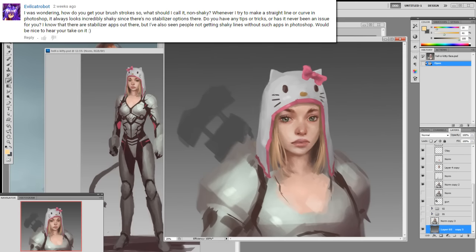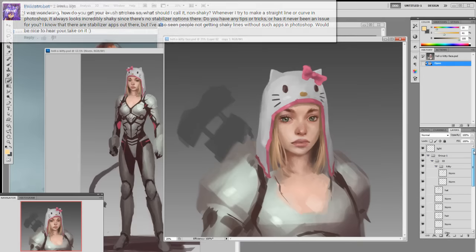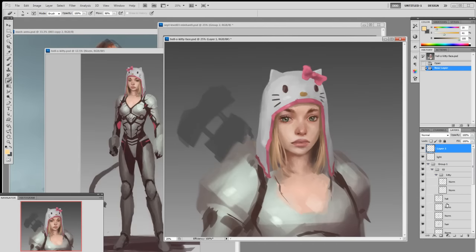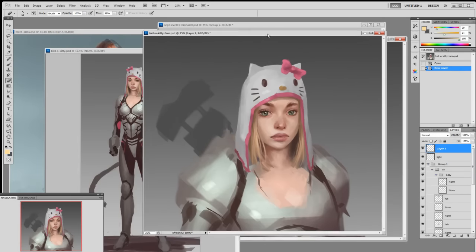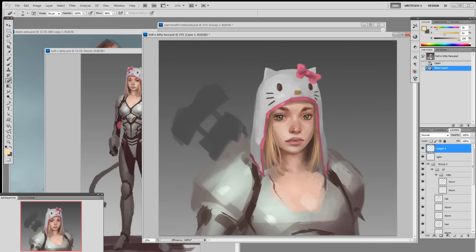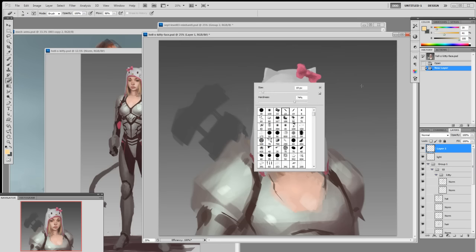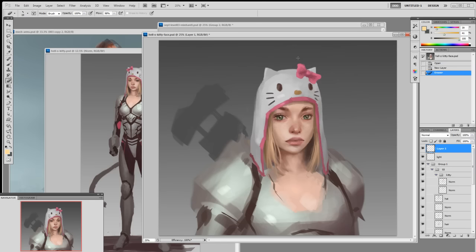Okay, so when you draw a line in Photoshop, it's a lot harder than drawing a straight line on paper already. And I don't do line art in Photoshop. If you see any of my paintings, you will never see line art in my Photoshop file. But I can answer your question. If you can get a straight line on paper, then you're ready to get a straight line in Photoshop, because it's basically the same thing. If you can't get a straight line on paper, then no matter what, you can't get a straight line in digital. So you're going to have to use your whole arm,